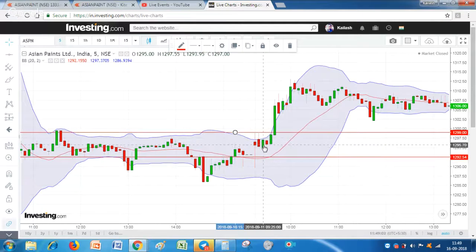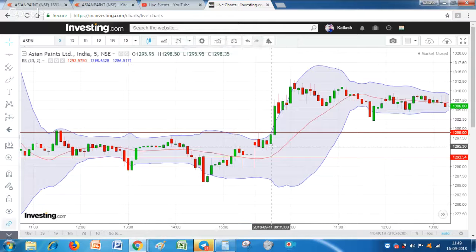Just look at this candle here. We should not take a buy entry because the condition as per the strategy is not confirmed. It has not given us any confirmation. So for confirmation, we should wait till it crosses the previous candle high level. This big green candle you can see here has broken the previous candle high, and after that the stock has given a very good upside jump.